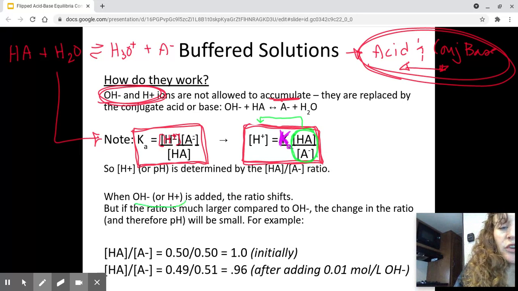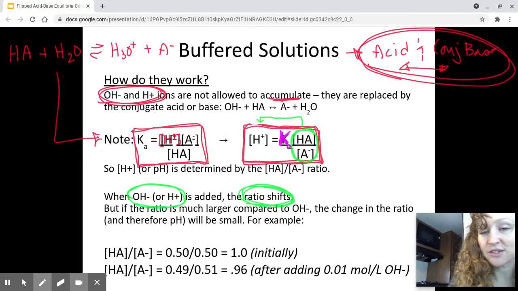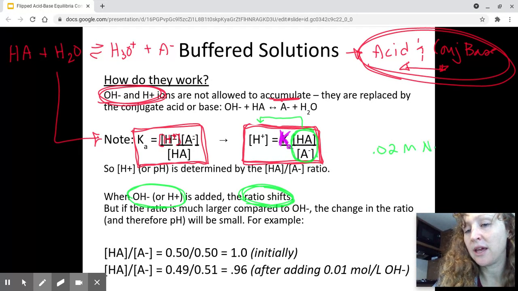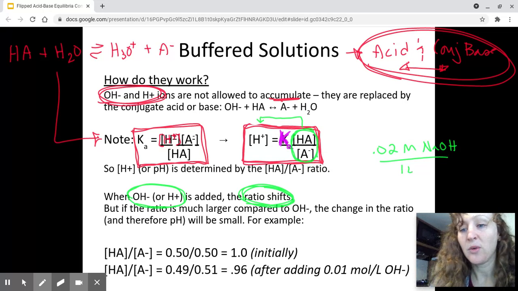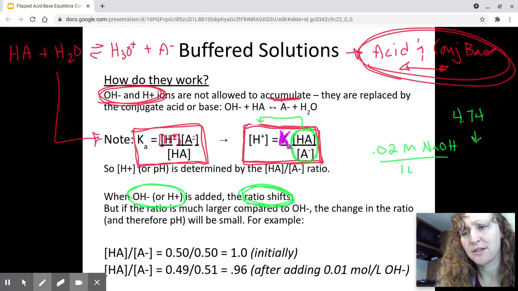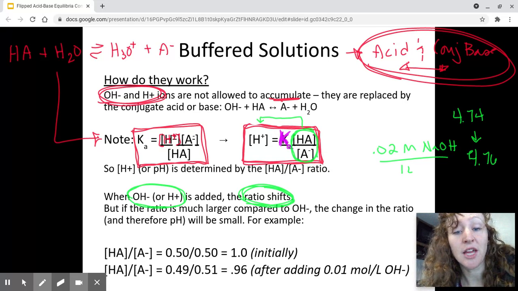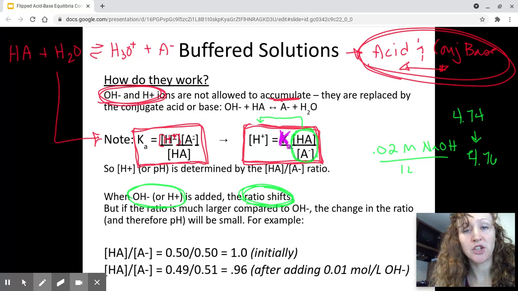When hydroxide or hydronium is added, the ratio shifts, right? We saw that we added 0.02 molar NaOH to 1 liter of our buffered solution, and our pH did change slightly. I think it changed from 4.74 to 4.76, something like that, right? Because the sodium hydroxide reacted with our acid, our conjugate base was formed, and this ratio